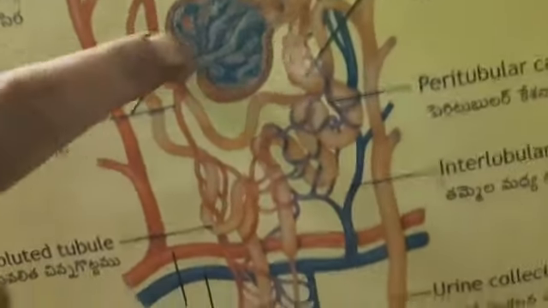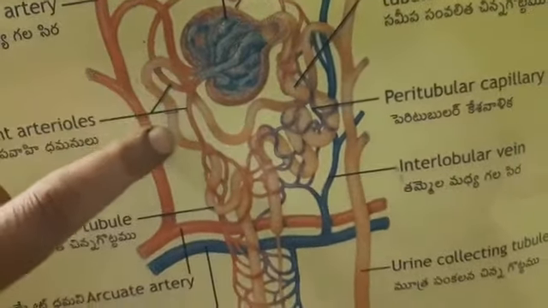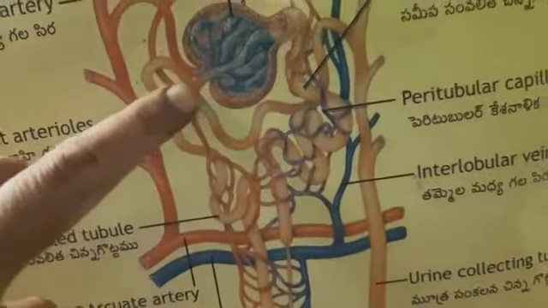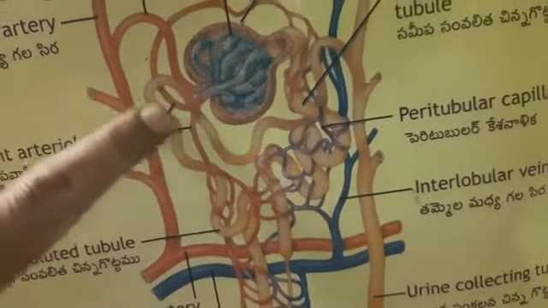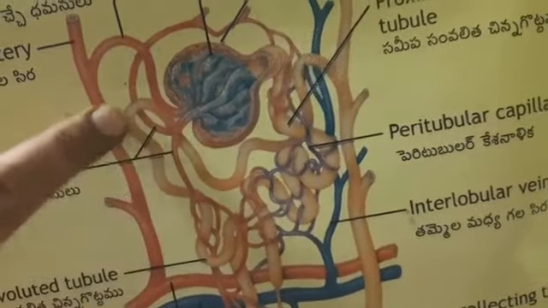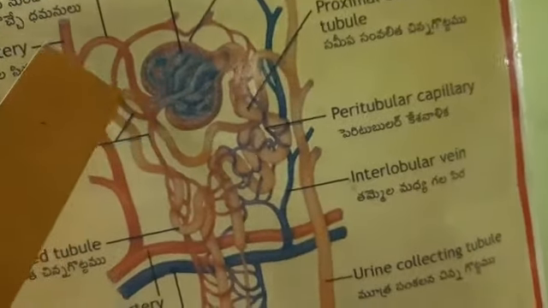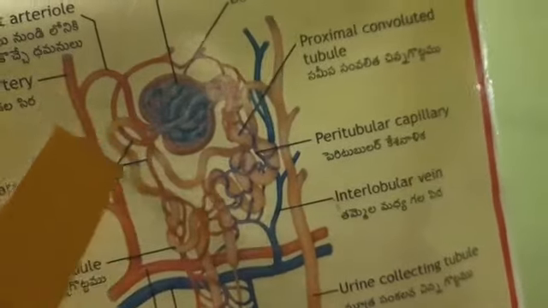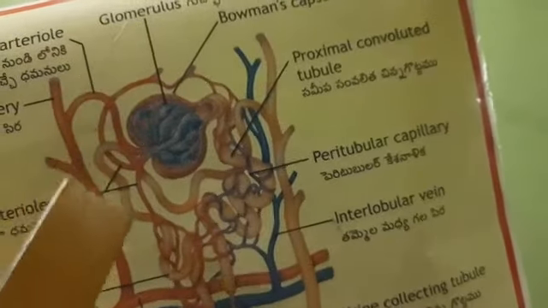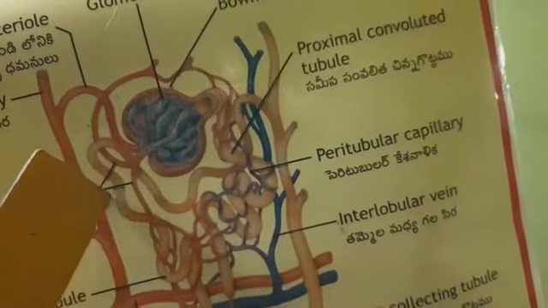So here you can see that this is a Bowman's capsule. Then you can see this long tubule that is arising. Can you all see this long tubule that is coming outside? Okay, so this is the Malpighian tubule. Okay, so the first part that is arising from the Bowman's capsule is called the PCT, proximal convoluted tubule. Only consider this white colored one, not the red colored one. Okay, so this one that is coming out of this, you can see this part only. This is called the proximal convoluted tubule. Proximal means nearby. Okay, so nearer to the Bowman's capsule, it is called proximal convoluted tubule.